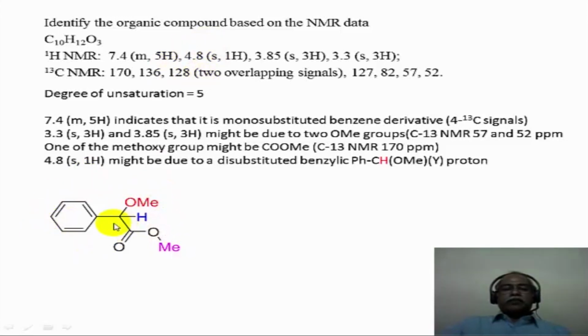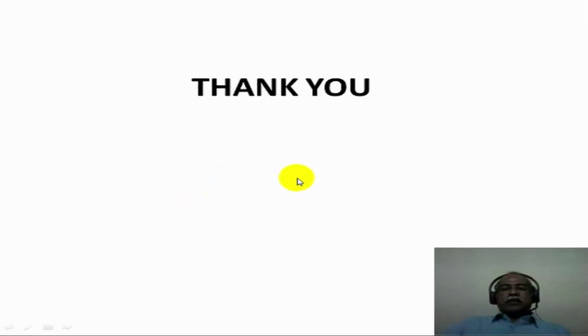You can always go back and see whether the structure satisfies the data that you have for this molecule, or if you have any other suggestions based on the spectral data which come out to be a different structure, let me know. If it is logically correct, then we will take care of it. So what we have seen in this module is a tutorial session of solving certain very simple organic compounds, and some simple dynamic processes associated with organic compounds using NMR spectroscopy. I thank you very much for your kind attention.